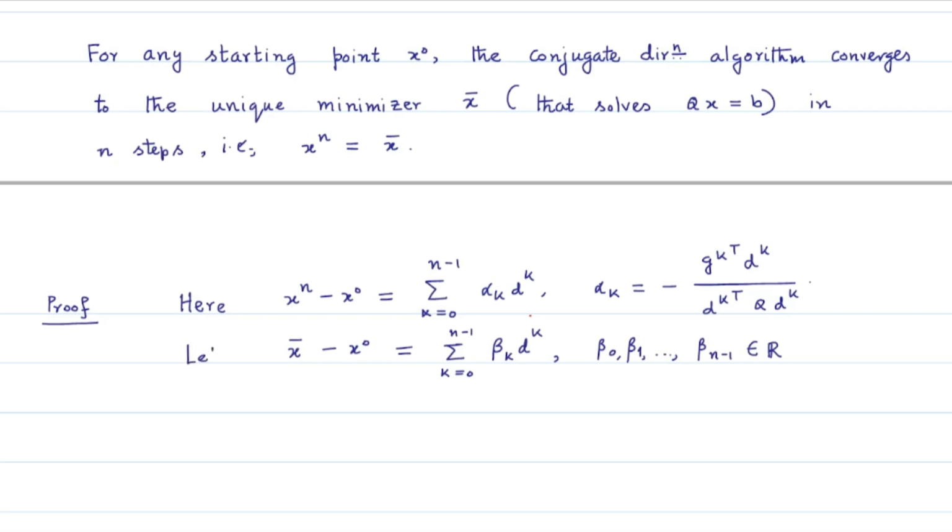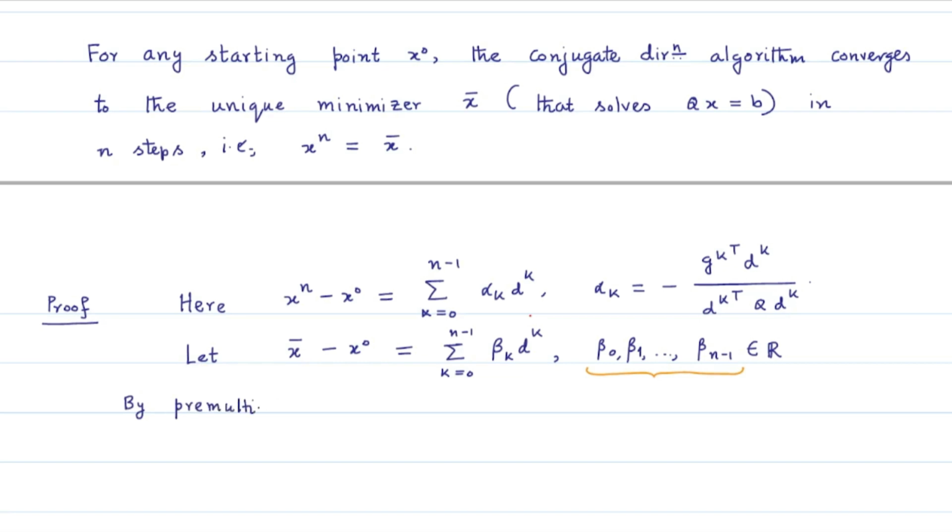So as d naught, d1, ..., dn minus 1, this set of n many vectors, is a basis of the n-dimensional Euclidean space, we can write x bar minus x naught as this expression. Now to find these coefficients or scalars, to express x bar minus x naught as a linear combination of di's, we consider pre-multiplying both sides of this equation with, say, dj transpose q,